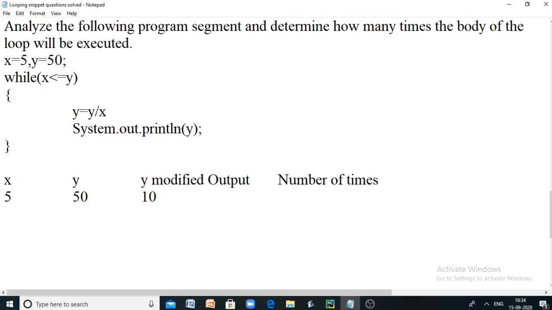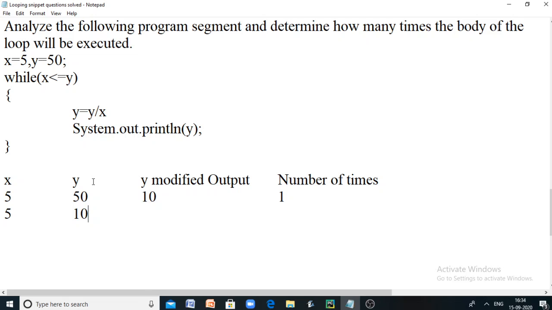So the number of times the loop is executed is 1, because the current iteration is in execution. Now what is the current value of y? It is 10. Now again the next iteration starts. What is the current value of x? It's not modified, so it's still 5, and the current value of y is 10.